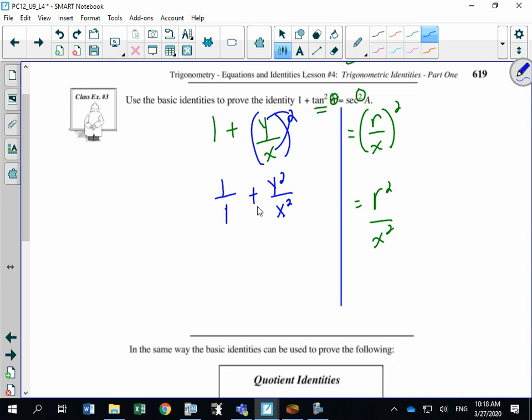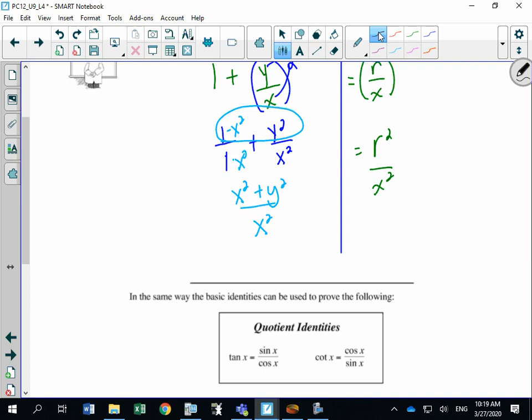So if I said we'll get common denominators here, if I've got an x squared on the right hand side, I'm going to put an x squared over here. And then my denominator is x squared, and my numerator, I would just add my numerators, x squared plus y squared. So you look and you say, okay, I've got my denominators being the same, x squared and x squared, but my numerators are different. Well, what you need to look for here is you need to just realize,